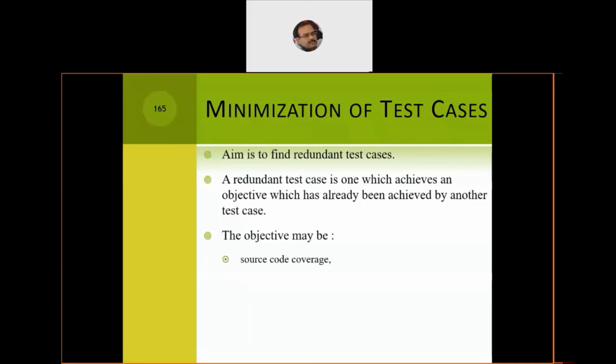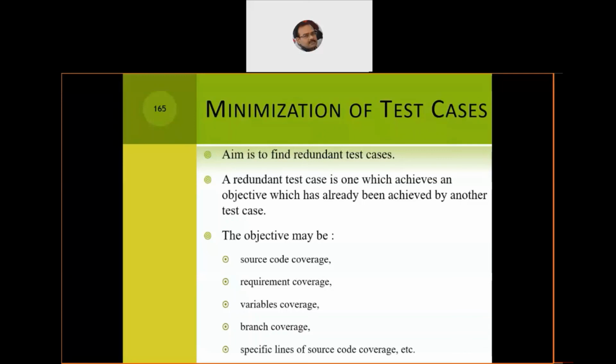The objective should be that source code coverage should still be there, requirement coverage should be met, and all the variables should still be covered within my program. They should not be left out during the process of minimization of test cases. Branch coverage, all the if conditions, while, do while, for, switch case, should still be covered properly. Nesting, whichever has been done in a program, should still be traversed, and specific lines of code should be dealt with. Minimization should not compromise on the quality of the software, because reliability and credibility can go down, leading to erosion. So minimization is good, but it should not compromise the quality. That's the fundamental line here.